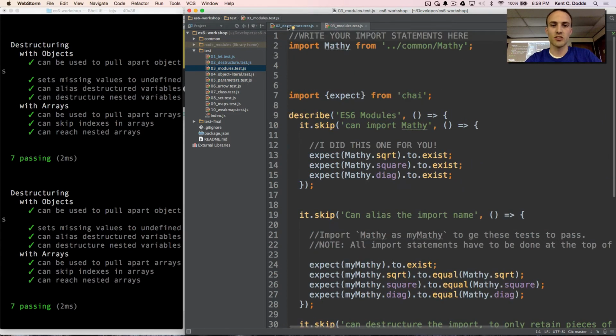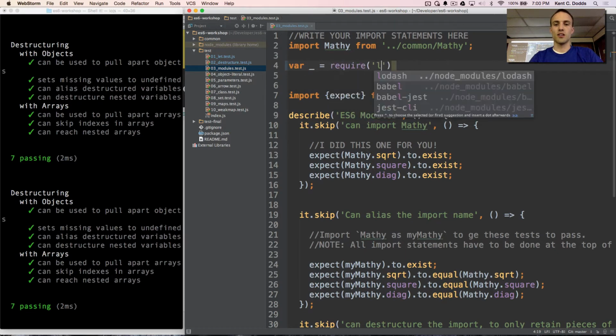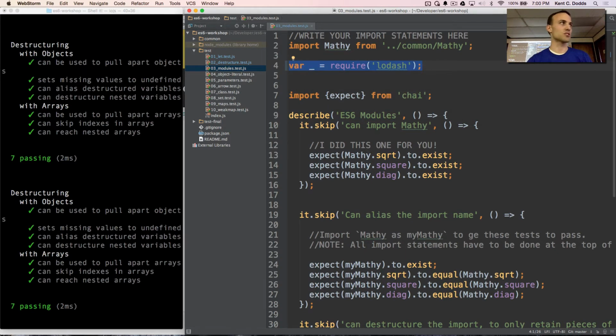Modules. This is the other place I use destructuring quite a bit. One of the huge oversights of JavaScript for the last X years has been that there's no module system. So what you wind up with is a global variable that you tack everything onto so you can reference things, or just global functions everywhere, and life is awful. And so when Node was created, they were like, we're not going to deal with this. So they created CommonJS to deal with modules. If you've ever seen var _ = require('lodash'), this is CommonJS, the module syntax.